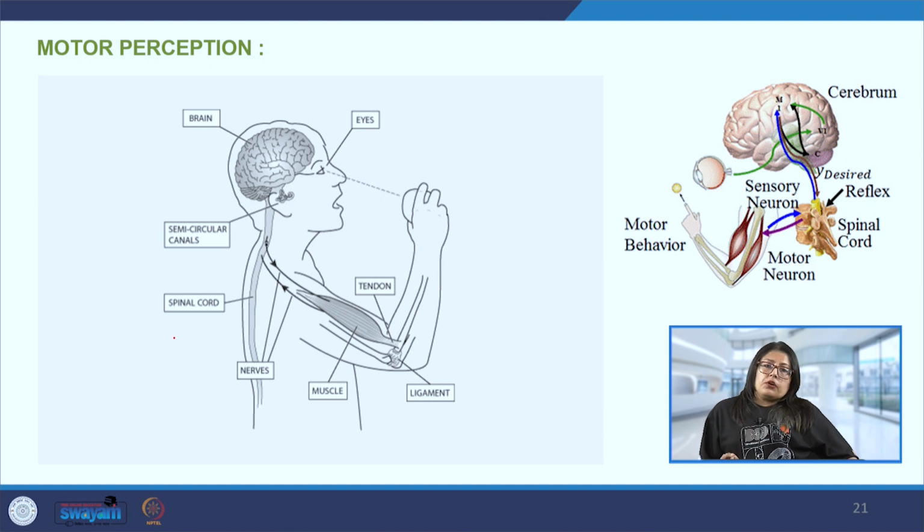But the fine motor functions are where we have to be very precise. So for example, clicking the button for OK or cancel. That is an example where we have to be precise, because if we are not, then we will end up clicking the wrong button and we will either cancel the next step or we will go ahead when we did not want to go ahead with that particular step.